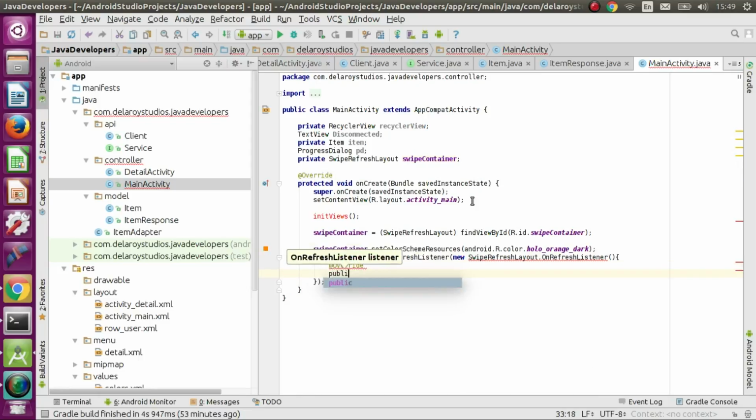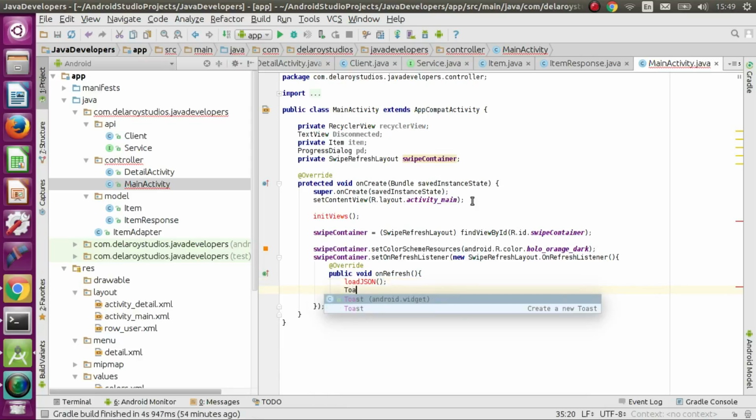So public void is not returning a value. On refresh, so what's it going to do? It's going to load JSON. We have a method to actually load the JSON file, and it's actually going to toast